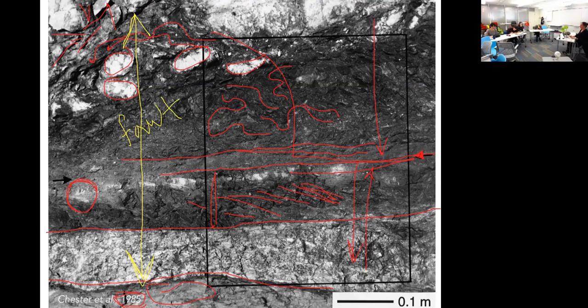Fault core. Is that at all legible? Better do something about that L. Fault core. Okay. And most of the time, but not always, you find the principal slip surface